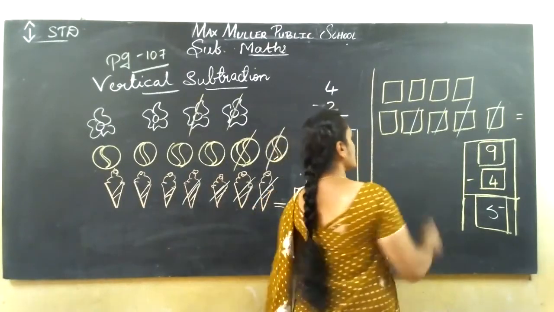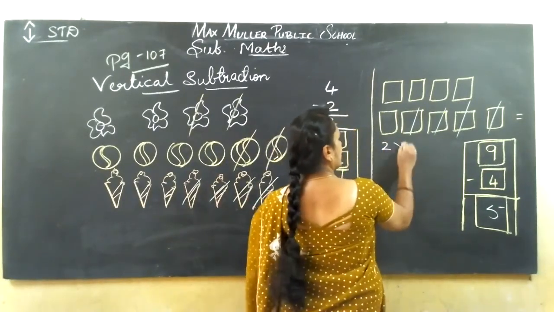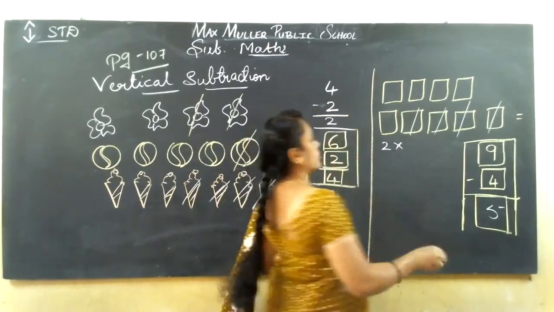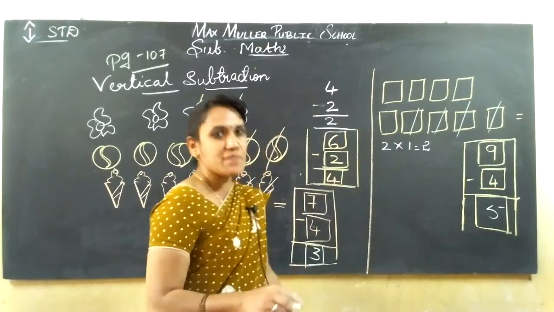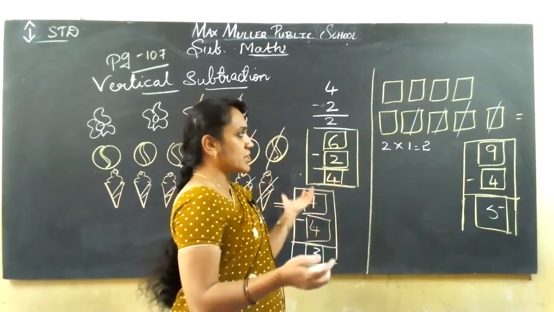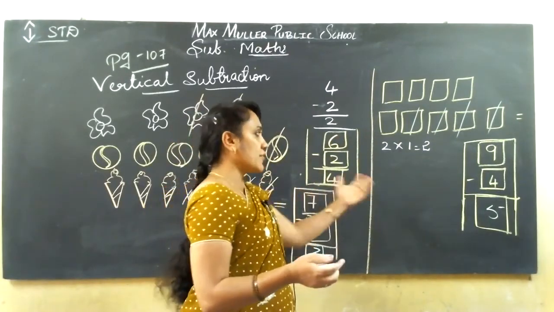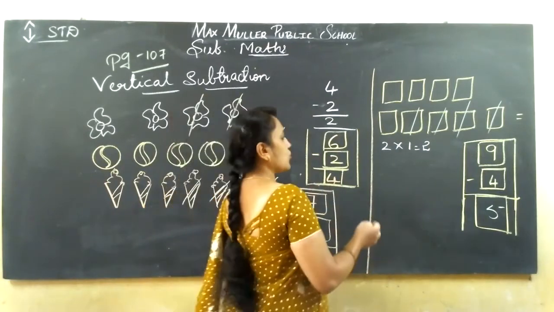Okay, say 2 ones are. Just revise it in your rough note. Tables, revise them in your rough note. 2 ones are 2. Okay, don't get confused after doing textbook sums. We did the subtraction sums continuously, isn't it? So we'll revise the tables. Revise the tables in your rough note or say them orally.